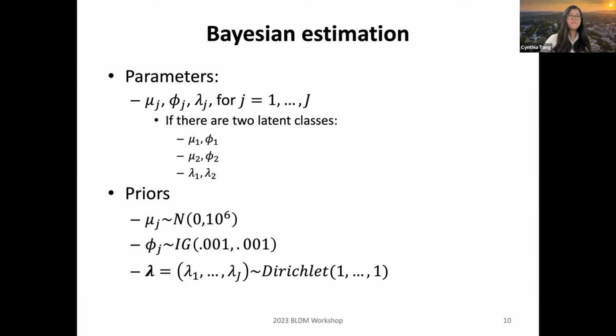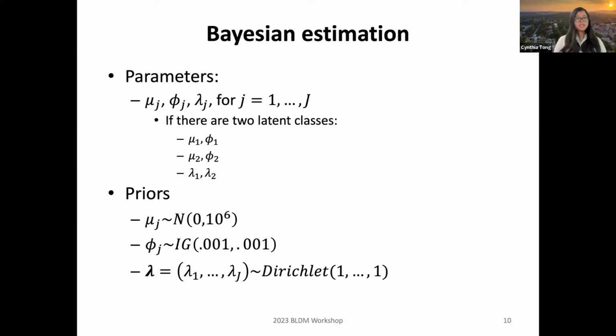For example, instead of having normal distributions, we have a mixture of regressions. In that case, we don't really have mu j here. Instead of having the mean for each latent class, we have the regression intercept and the slopes as parameters for each class. So we have the intercept and slopes for class 1 and the residual variance for class 1, intercept and slopes for class 2, and residual variance for class 2, and also the class proportions. And even for more complex models, this can just be generalized.